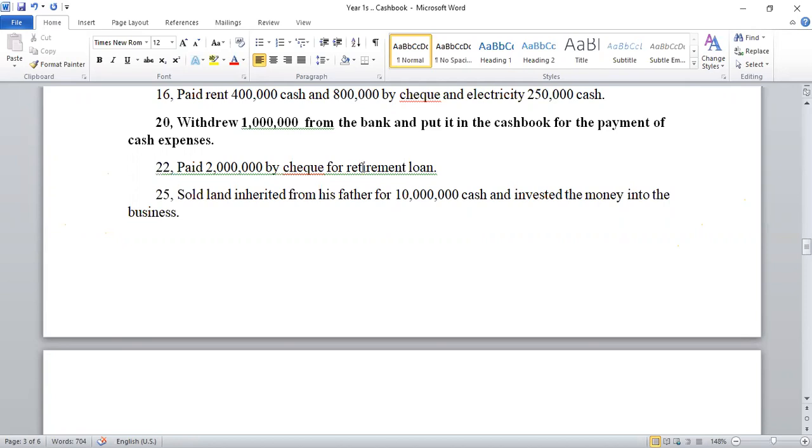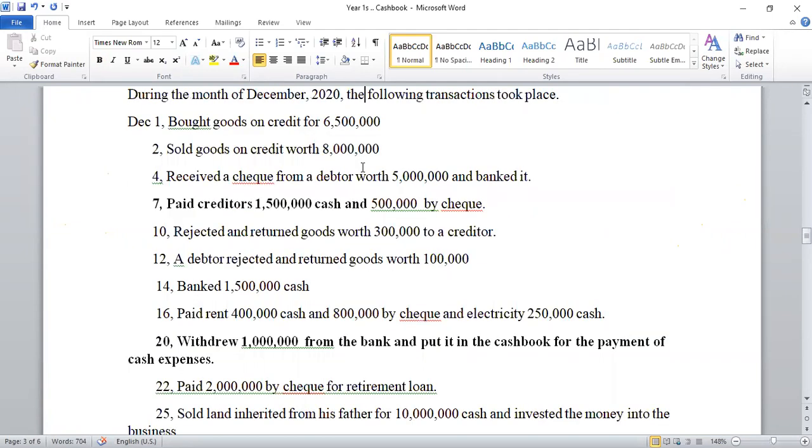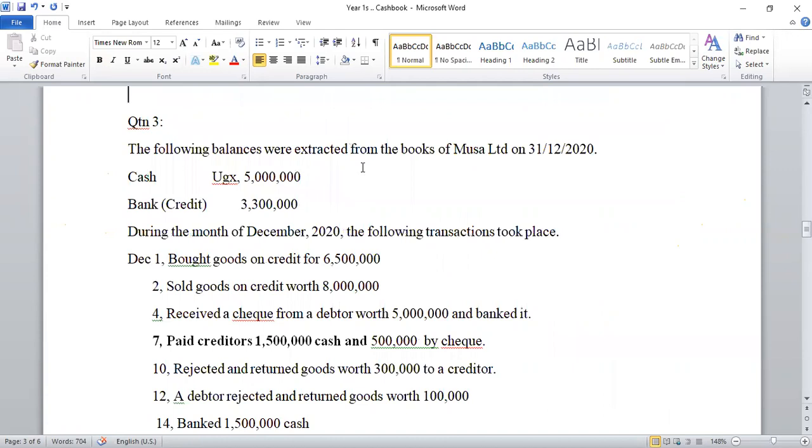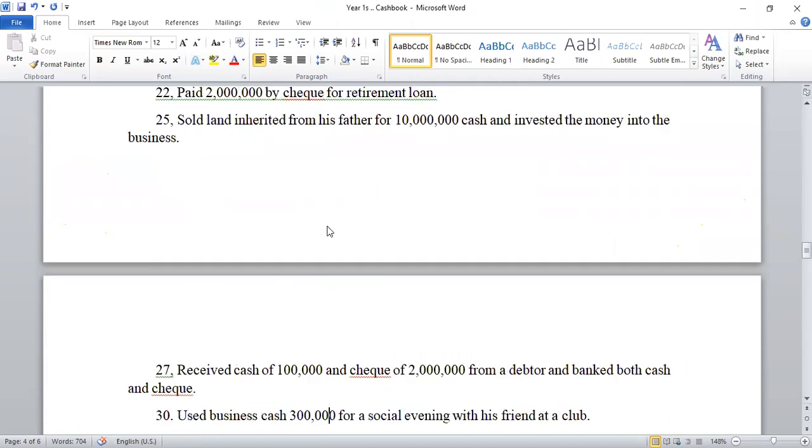Did the owner of the business pay this money for his own use, or did he pay this money for the business use? When they tell you retirement loan, what do they mean? If someone may try to contribute to this. Guys, feel free to share. And then once in a while you contribute a little.